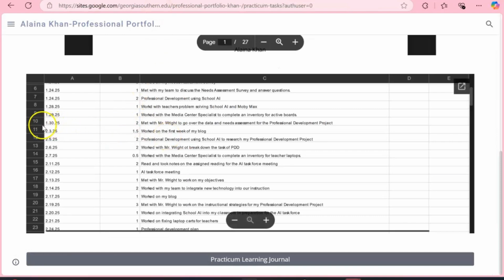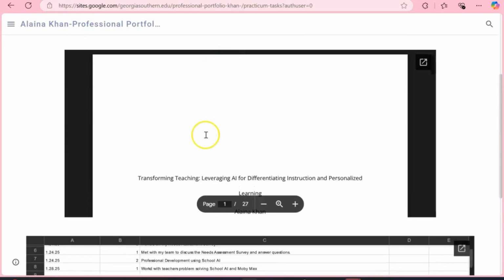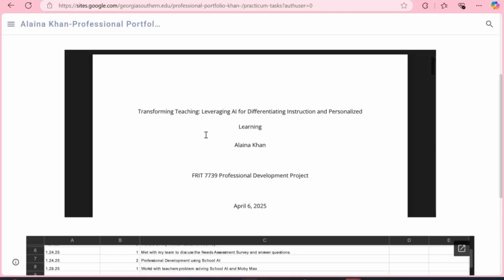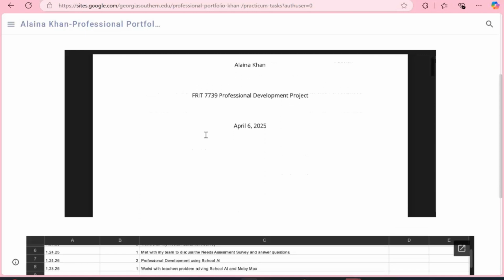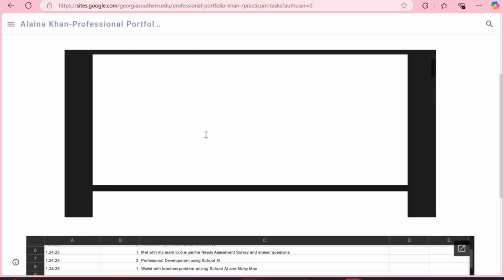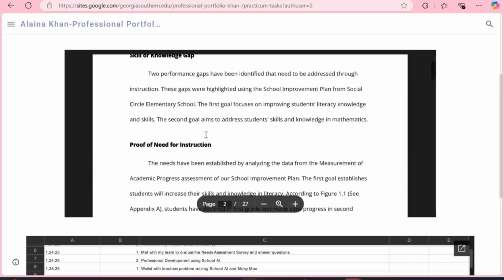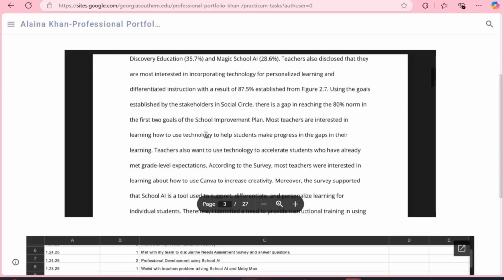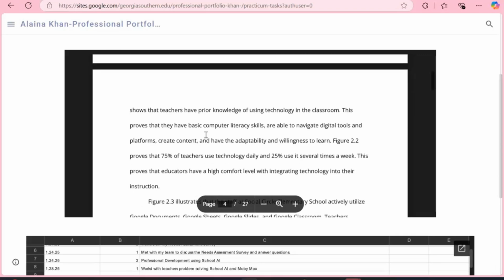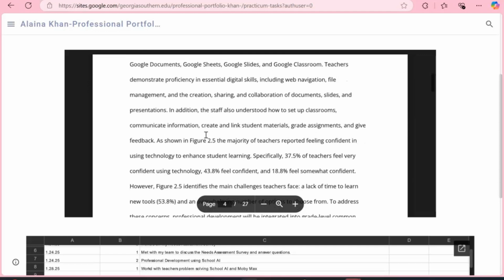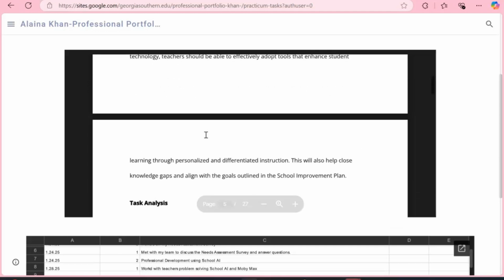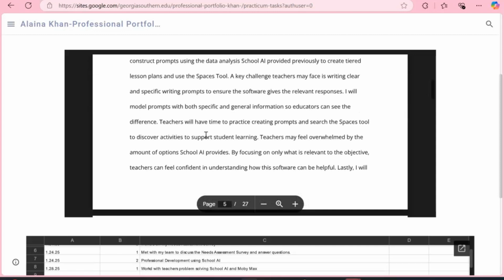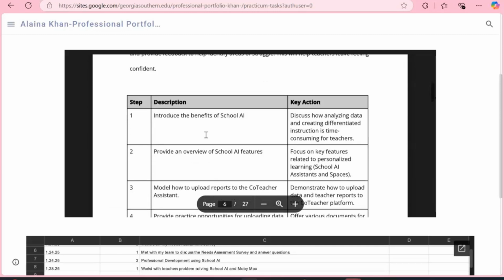My capstone project focused on leveraging AI for differentiated instruction and personalized learning. Artificial intelligence is the wave of the future, and it is important for educators to embrace it. I developed a professional learning session for teachers to learn how to upload documents for AI to analyze data, construct writing prompts to write tiered lesson plans, and models how to show how to create spaces to personalize learning and differentiate instruction. I included the needs assessment,